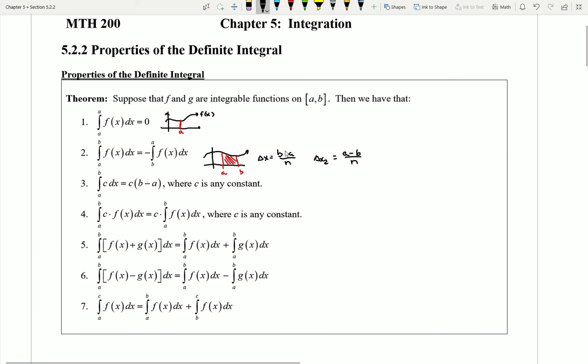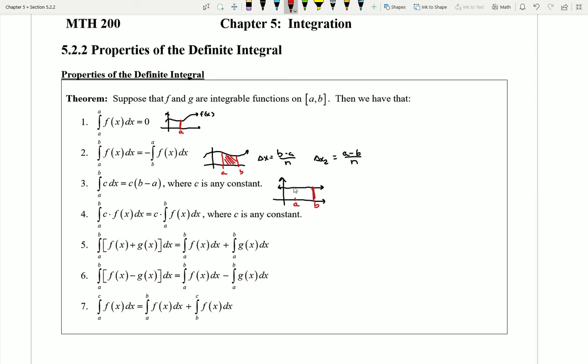This one here is also very easy to see with a simple picture. Let's suppose that I have a function that's f of x equals c, so it's a constant. Well, we know that constant functions just look like nice horizontal lines. So if I was to go ahead and think about grabbing the area underneath this curve from a to b,